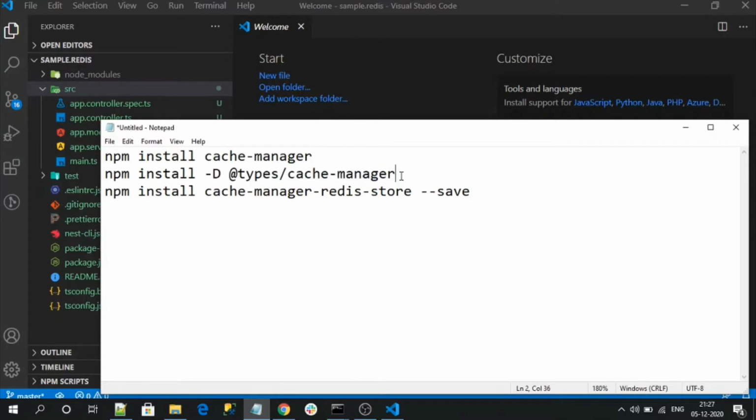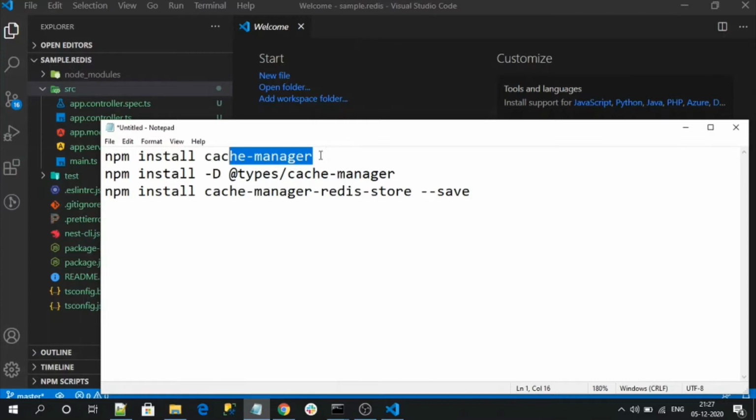This acts like a wrapper for the Node.js cache manager. And the last one is the main Redis package, that is the cache-manager-redis-store package. So we need to install all these three packages to integrate cache into our application.